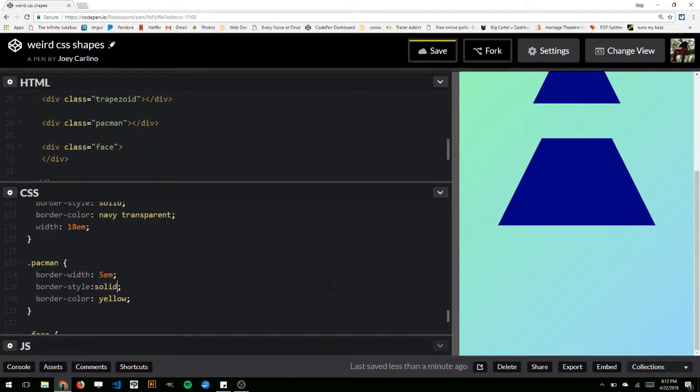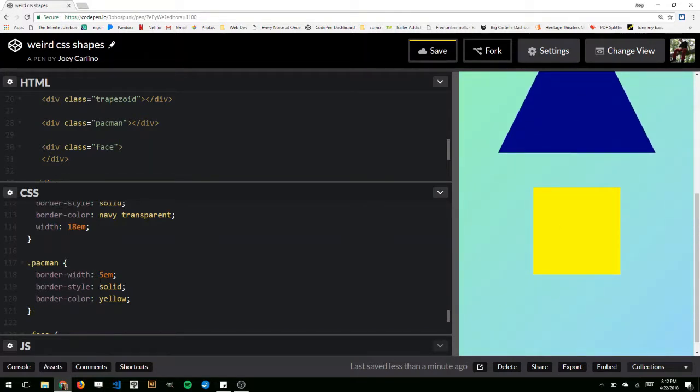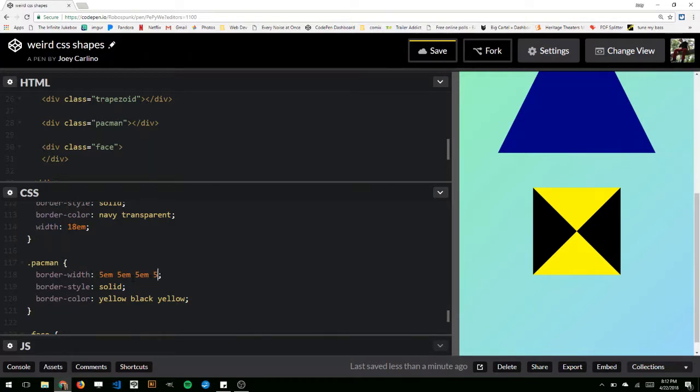And solid. And right now it's just a square, but if I just do black, oh, messed that up. I think my computer's being slow. Anyway, add a border radius of 50%,